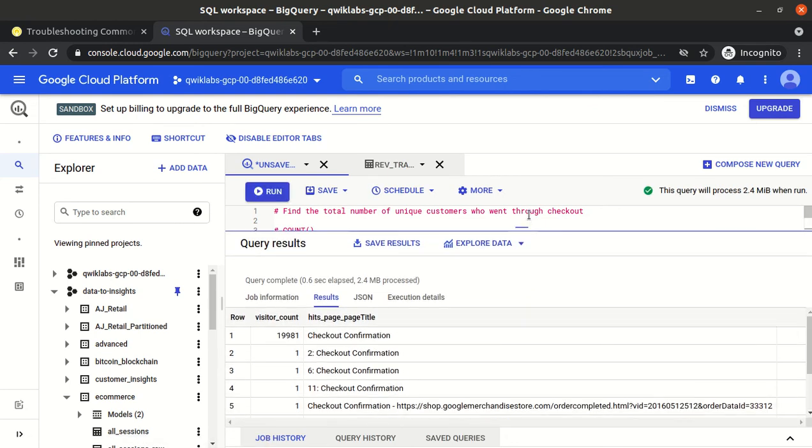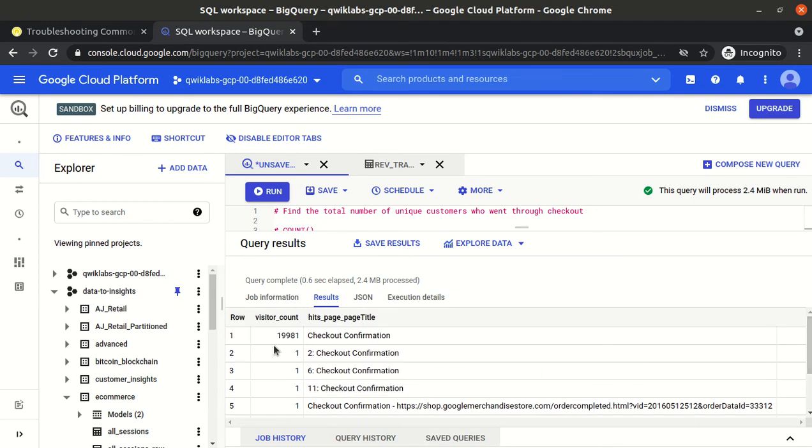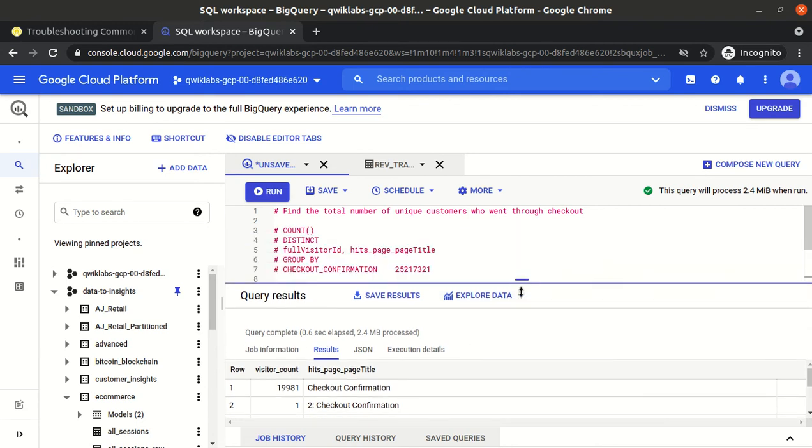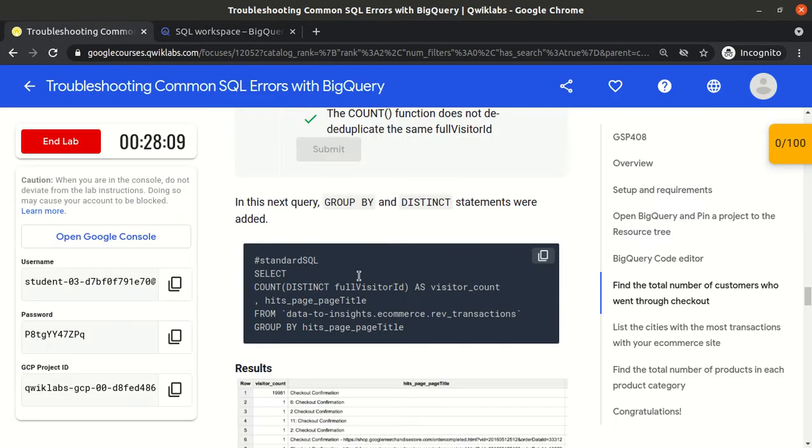But our question is to find the total number of unique customers who went through checkout, yet it is finding all the customers who went through the checkout confirmation, the 2 colon checkout confirmation, the 6 colon checkout confirmation, the 11 colon checkout confirmation, and so on. We want only row number 1, who went through the checkout confirmation. So we have to put the where clause as well, but this query is almost correct.